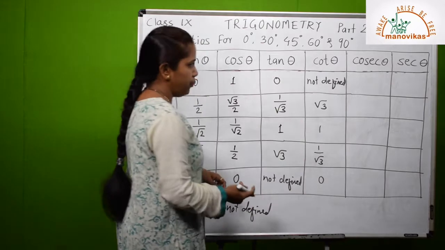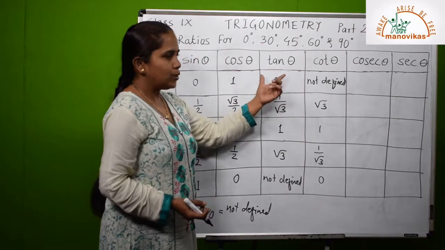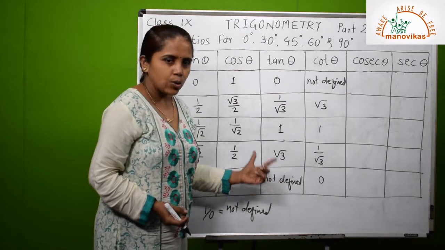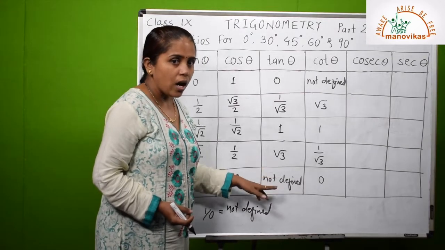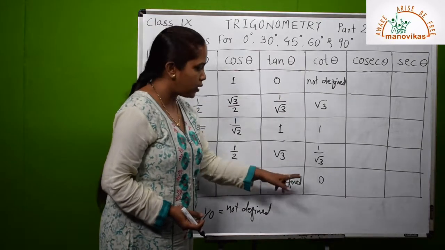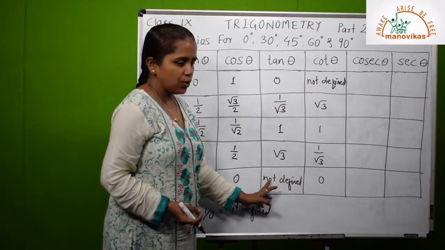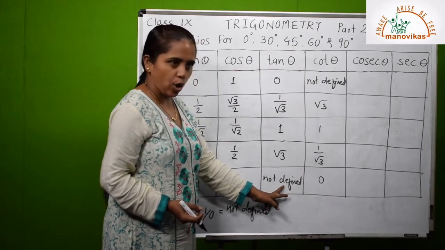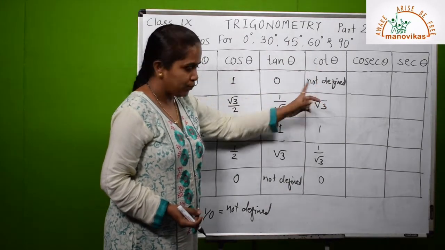that is 0. Or you can write cot theta using tan theta. So again, for whatever values of tan theta you have written, write down the values for cot theta using this. Again start from the bottom. So first tan 90 is not defined, so the cot 0 value will be not defined.